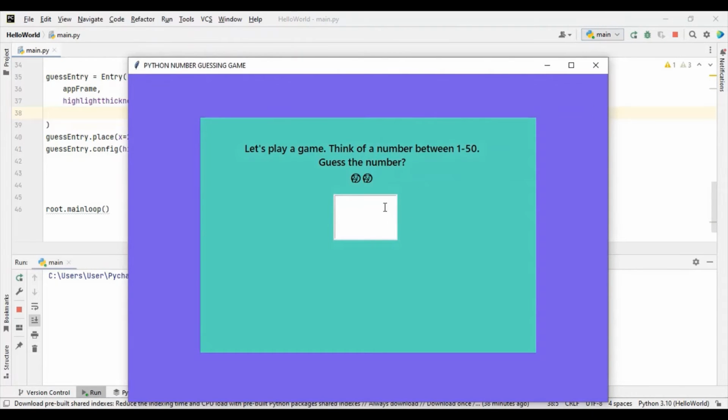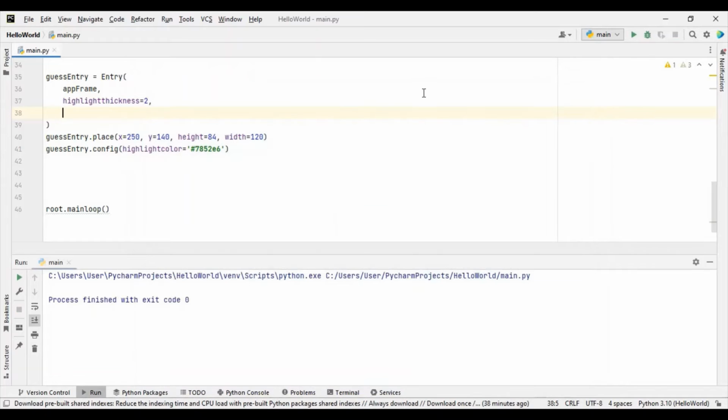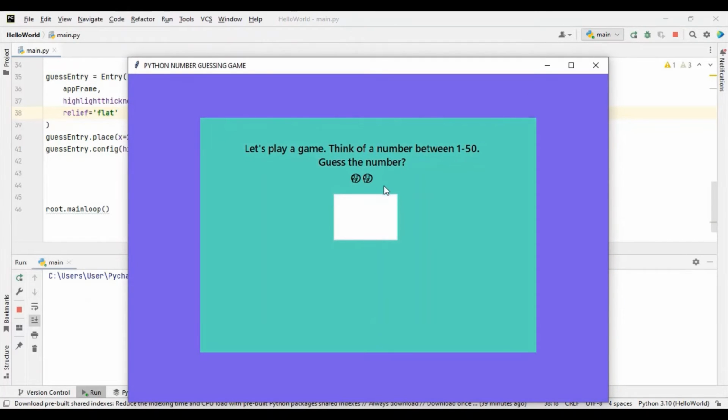You can see the difference if you look at this, and if I add a highlight relief flat, you can see the difference. This becomes flat. You don't see the other border, you don't see the default border around it, so it makes it very neat and clean. So once I want to increase the size of the text inside the box,